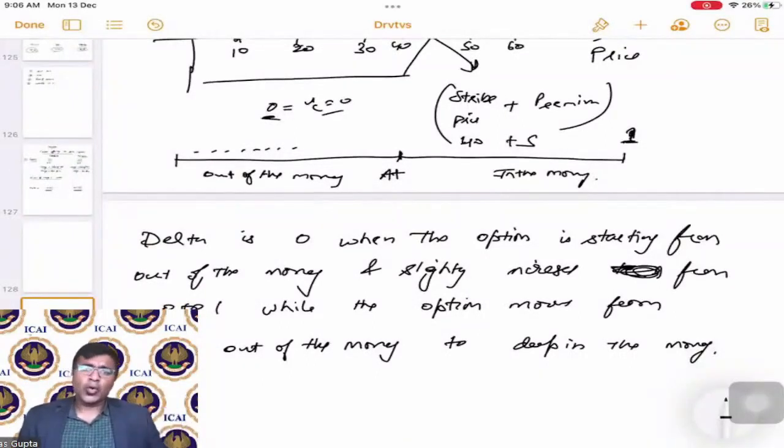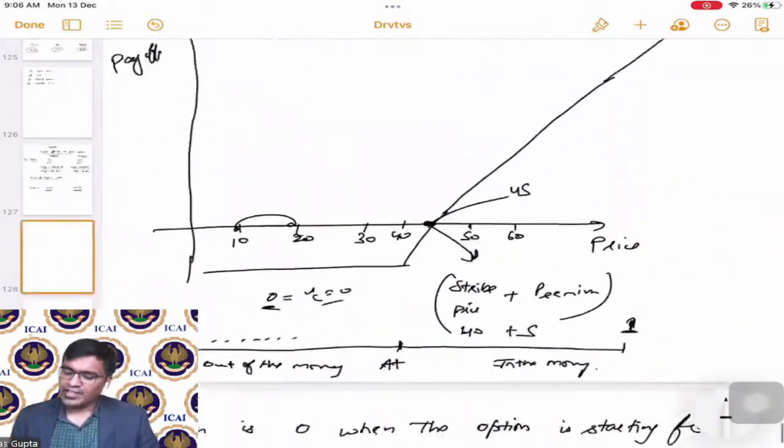when it is deep out of the money, the delta will be 0 because any change in the price will not have any impact. But when it is deep in the money, any small change in the spot price will have a big impact on the payoff, and hence it will have a big impact on the value of the call option. Now, while we say this,